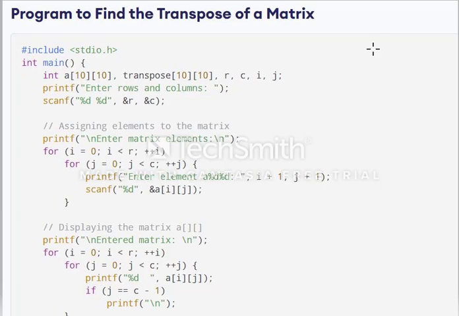Actually, we have discussed arrays. What are the different types of arrays? Already we have discussed, and I have explained about addition of two matrices in the previous examples also. So today I want to explain one of the important examples for your lab session, that is the program for transpose of a matrix.